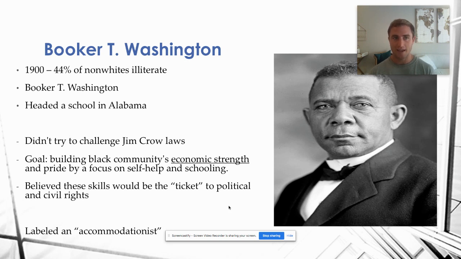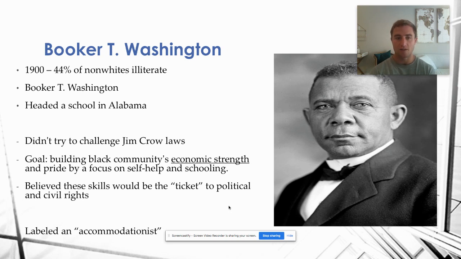And the factor is he is going to focus on educating Blacks and helping them become economically self-sufficient. In 1900, 44% of non-whites are illiterate. They can't read or write. That needs to change. And so he is going to head a school in Alabama, and he is going to focus on education and on helping the Black community have skills that allow them to go in and produce their own wealth. By doing so, by producing their own wealth, having their own job, being self-employed or working in a skilled industry, this is going to, as Washington argued, give them confidence,